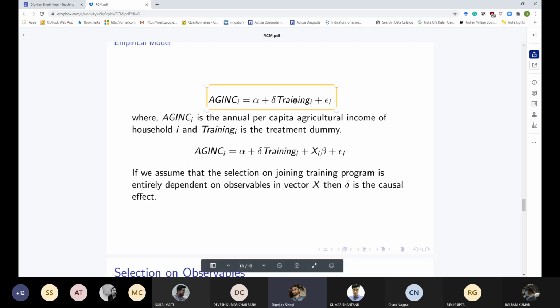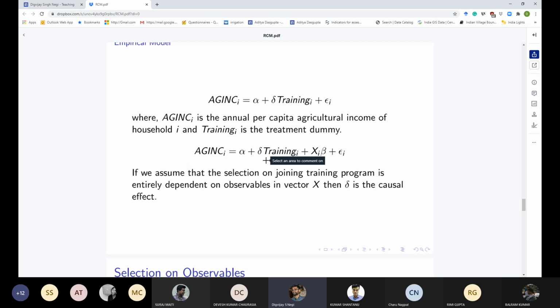And in that case, this delta would give you the true treatment effect. But that is not true in our case because ours is observational data. So you will run a regression like this where you will have a bunch of controls, and with this regression, if you say that delta is the treatment effect, what you are essentially saying is that the training program is